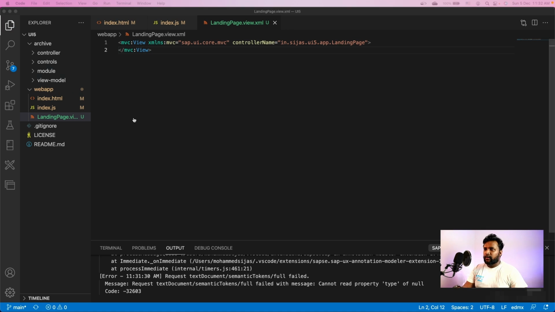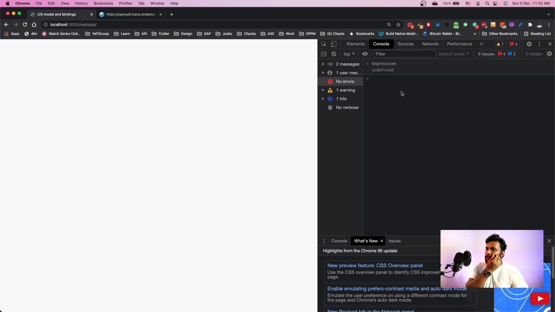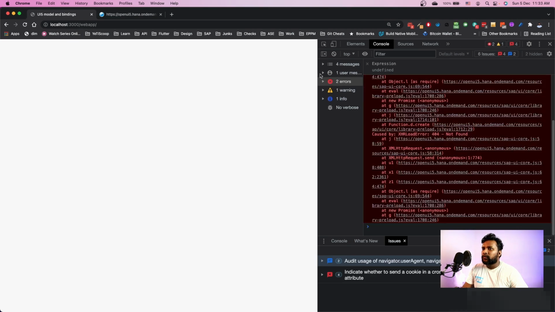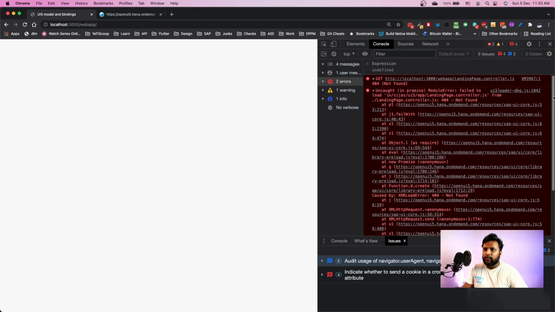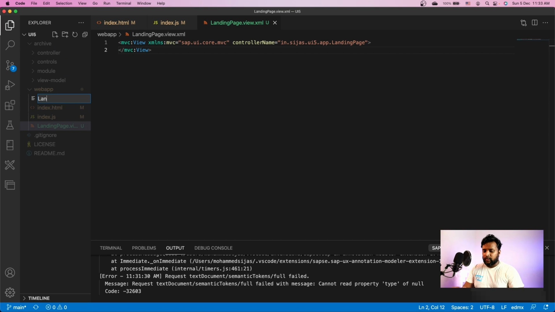Save it and come here, and you can see that there will be an error saying that the controller is not able to be found. Basically, it's not able to find that landing page controller. So we'll go and create a controller instance, which is landingpage.controller.js.